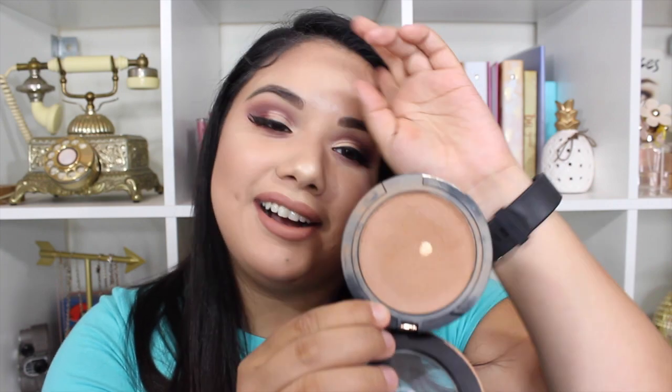Also, they have this one, I think, in another shade. I picked up mine in the shade Warm Tan, and then they have one that's definitely a lot warmer, but I love this bronzer so much. Oh, we hit a dent. I love this, especially in the summertime, especially if you have dry skin. If you just want something quick and easy, you can just add this and then add your powder on top. Especially if your skin's really dehydrated, cream bronzer is definitely the way to go,